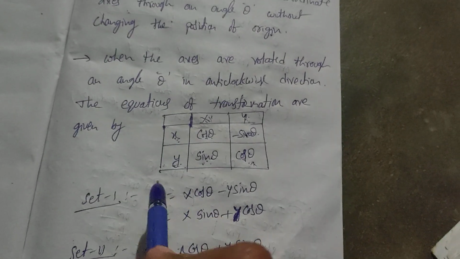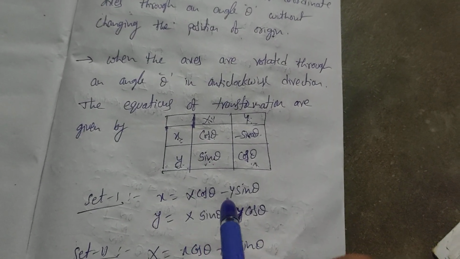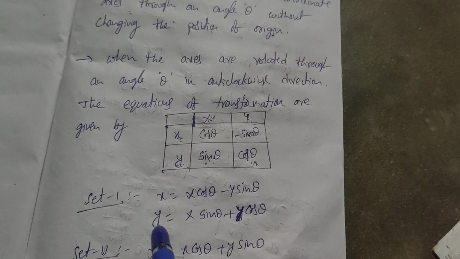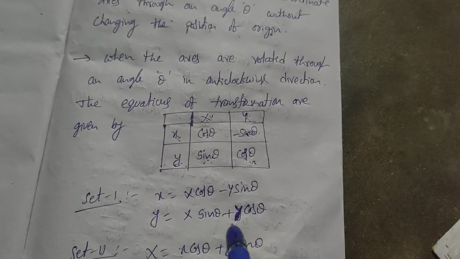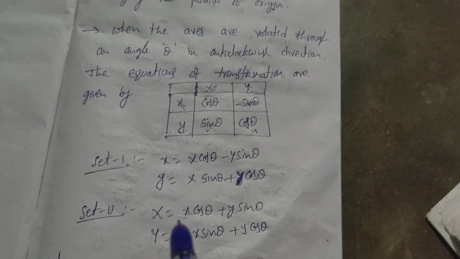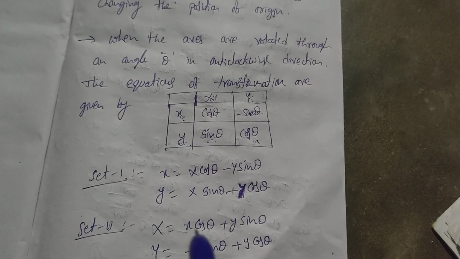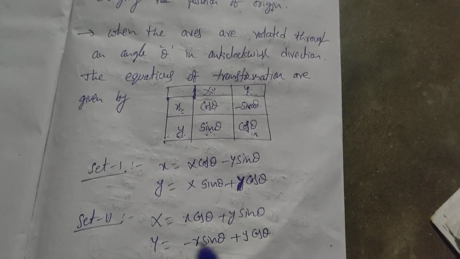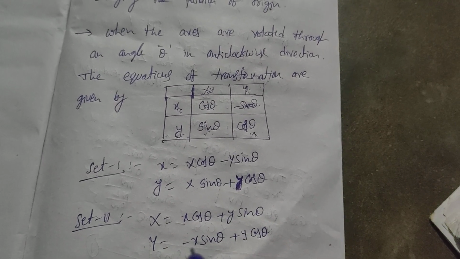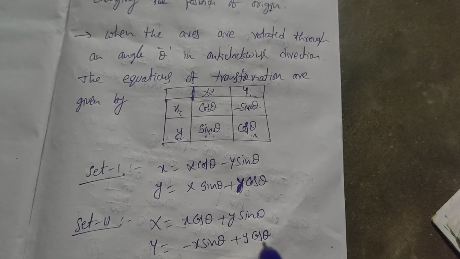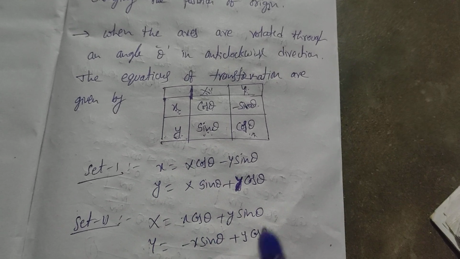Then small x is equal to capital X cos theta minus capital Y sin theta, and small y is equal to capital X sin theta plus capital Y cos theta. And if you want to find the new coordinates, capital X is equal to small x cos theta plus small y sin theta, and capital Y is equal to minus small x sin theta plus small y cos theta. So to remember these four formulas,